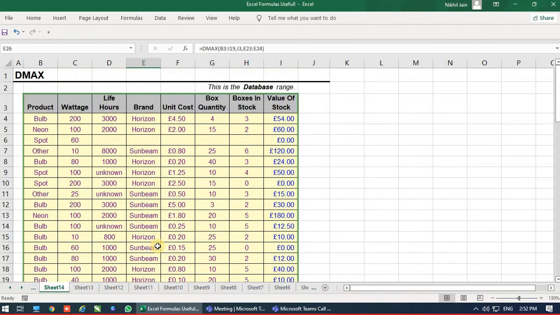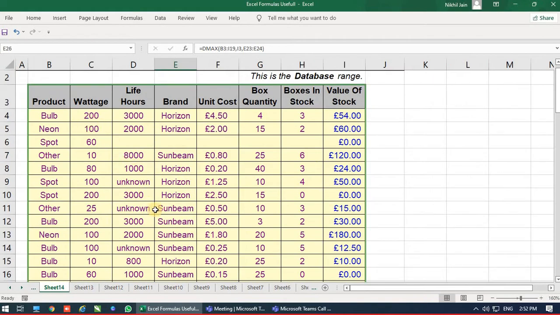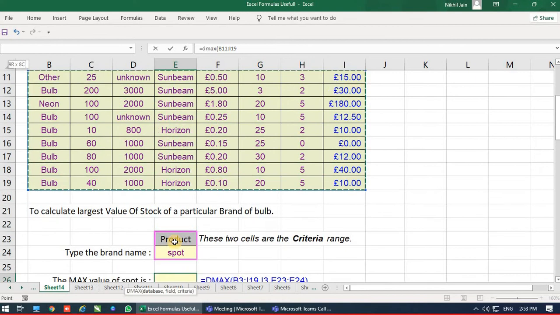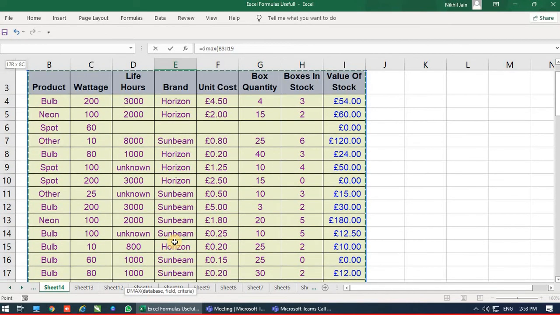Next is DMAX. DMAX stands for database maximum value. Again, maximum works on numbers, so make sure you select number cells. DMAX, bracket open, database. The first thing we have to select is the complete table. The implementation of the formula is the same, just the answer will be different each time.